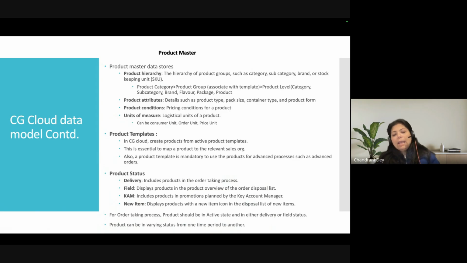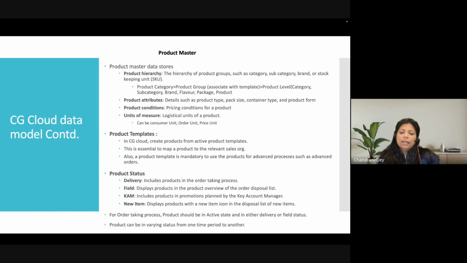CAM, key account manager, includes products and promotions that are planned by the key account manager. The key account managers generally plan the promotions, so those products have a status called CAM status. And then new item, it displays products with a new item icon in the disposal list of new items. So these are all features that CG Cloud gives you, and it's up to you whether you use some of these, all of these, none, or you just customize a few things.